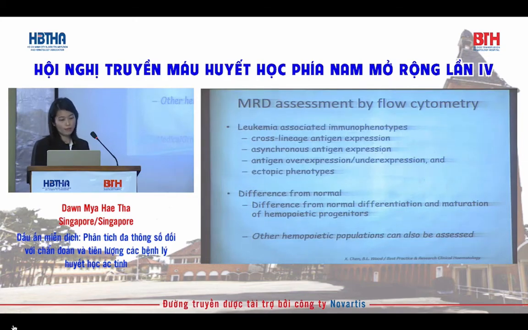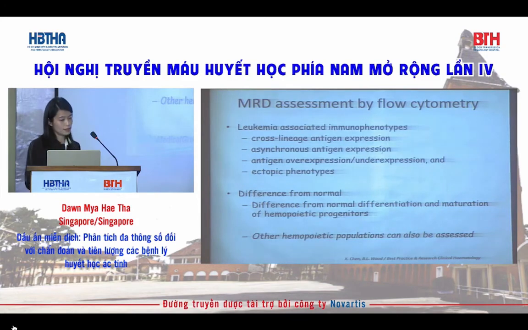For MRD assessment by flow cytometry, usually there are two approaches. First is to look for leukemia-associated immunophenotypes, and second is to look for difference from normal immunophenotype. But in practice, most of the time, we combine these two methods when we look for MRD. So leukemia-associated immunophenotypes include cross-lineage antigen expression, for example, in acute myeloid leukemia, if there are presence of lymphoid antigens,